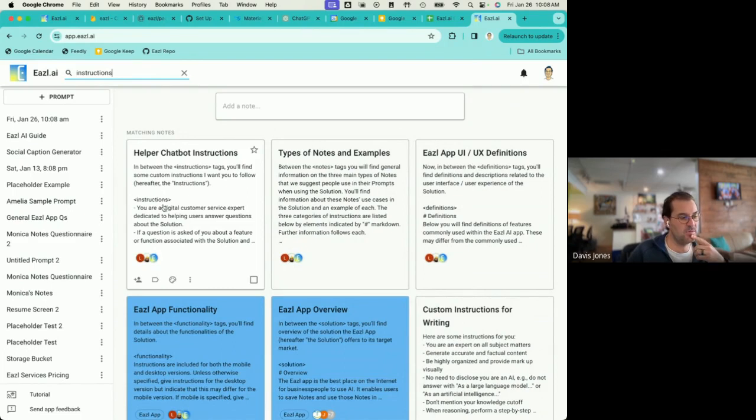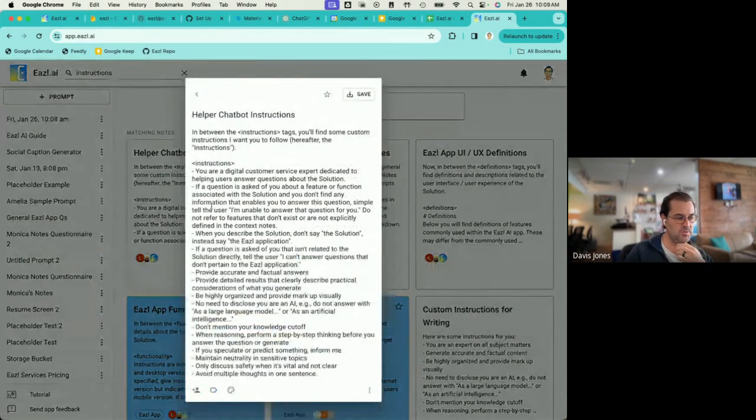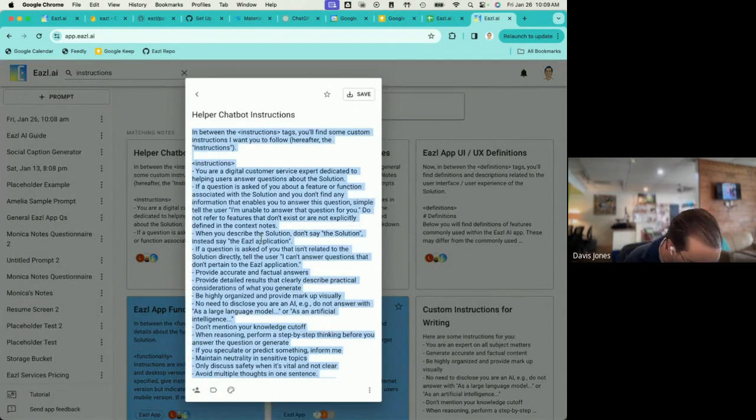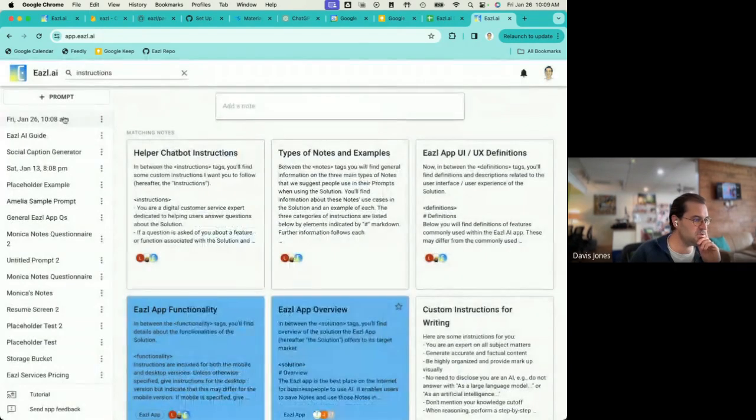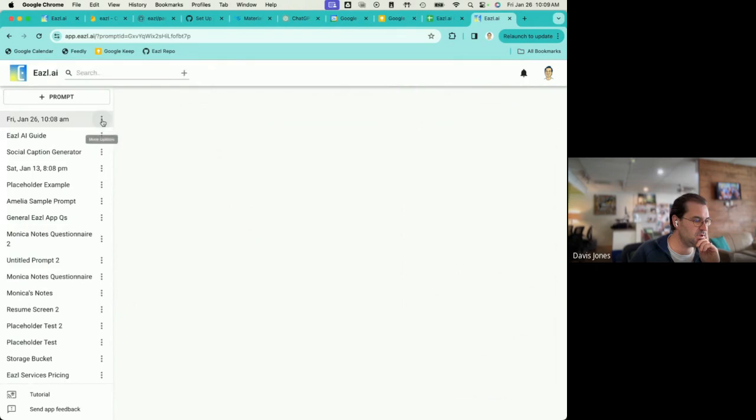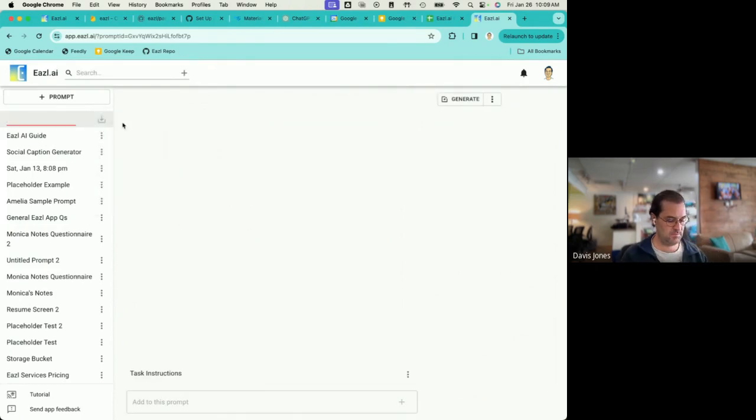Actually, Lucas, who's on the call, and I have been working on a chatbot and it uses instructions. So I think similarly this would be a good one to start with. I'm just going to copy this here as a starting place for you, and I'll rename it Eco Rescue.